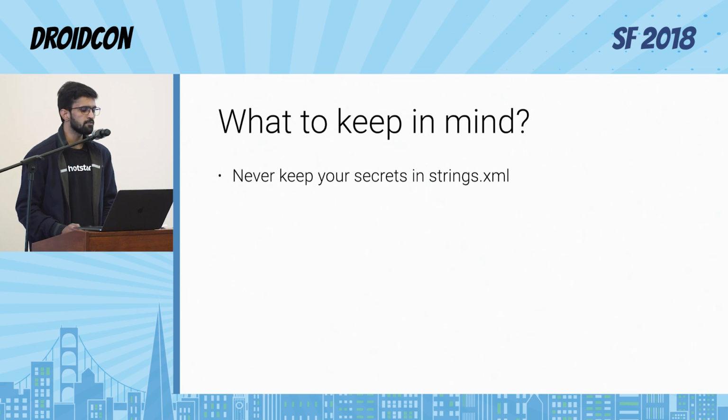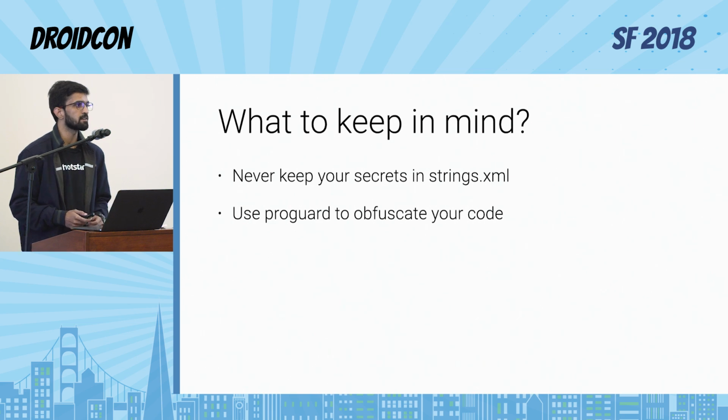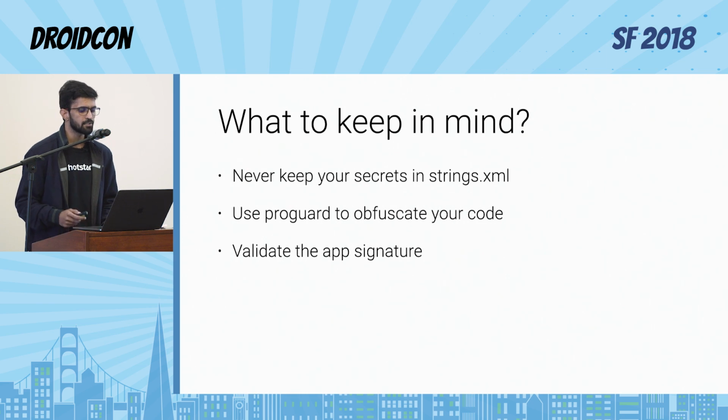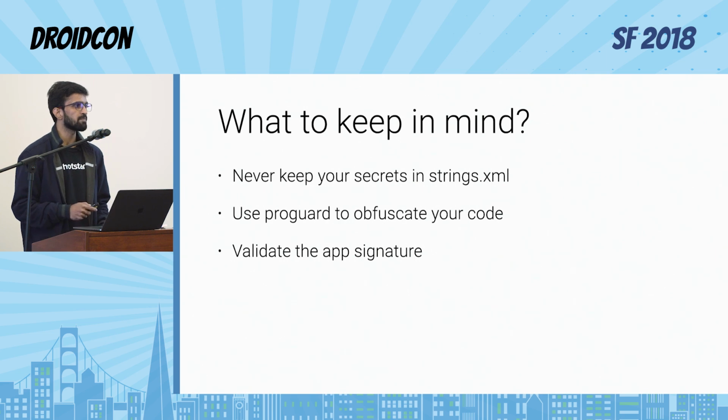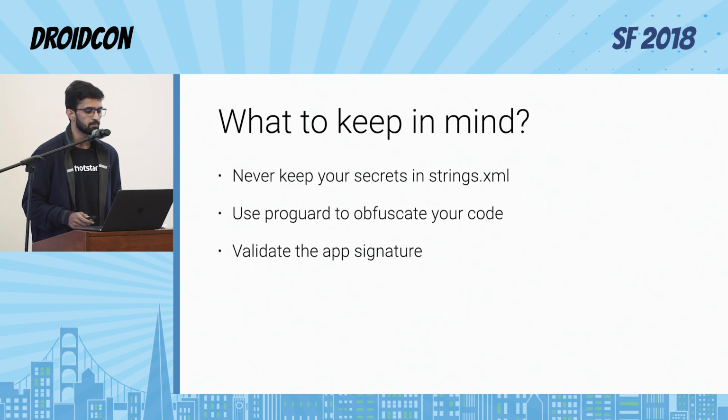We also saw that it was very easy to understand the unobfuscated code of Wikipedia. I knew exactly what method is being called without even looking at the source code. So obfuscate it using proper ProGuard configuration, hopefully without using the keep flag for most of the classes. And to make things harder for rebuilding and redistribution of an Android app, we can validate the app signature at the client side. Actually, WhatsApp is doing that, and in the video that I showed earlier, I was trying to analyze how it's doing it, just for learning purposes.